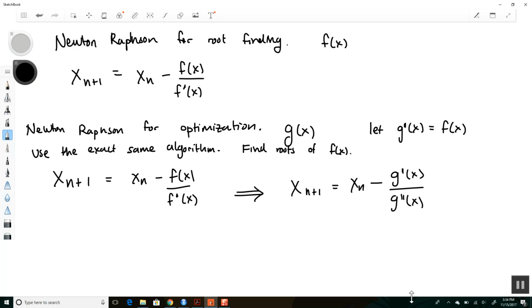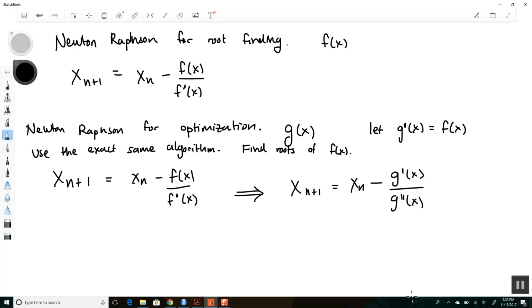So we're just extending our root finding method by saying, let's take the root of a derivative, and that's got to be a critical point. Right? The only assumption is that you're able to take the derivative, okay? And that requires a smooth function, right? And in this case, g double prime, so the second derivative has to be defined. And not 0 at the minimum, or maximum. Okay, maybe